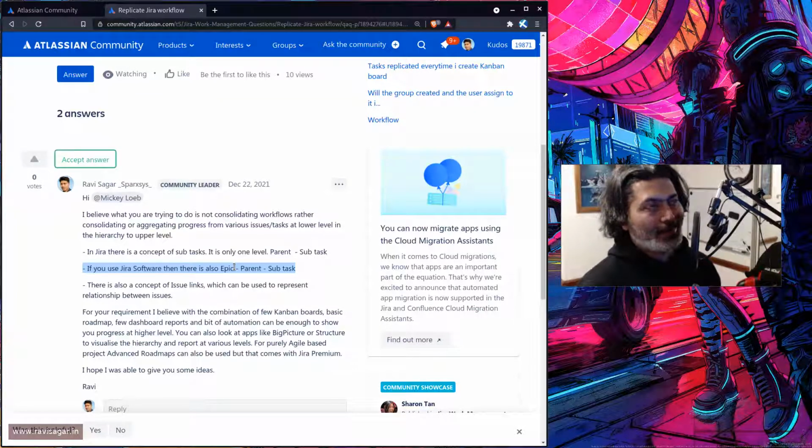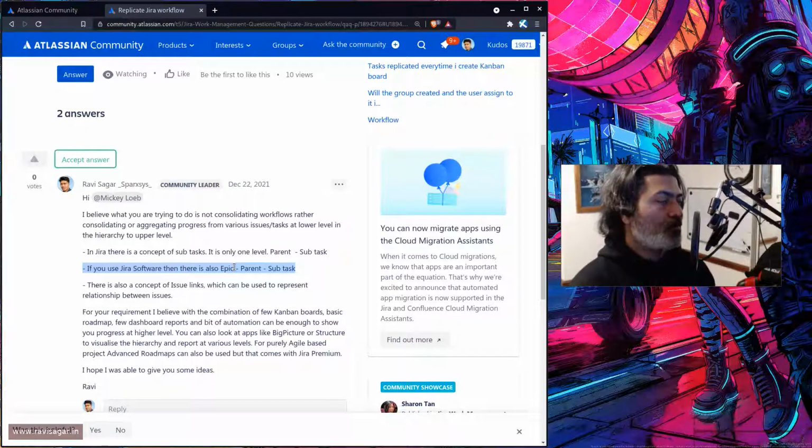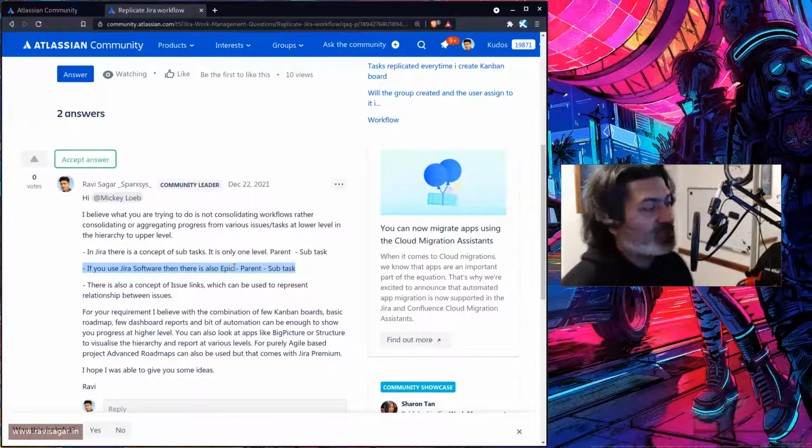So one issue can be dependent on another issue, one issue can be based on another issue, or they are just related. But issue links won't do anything on their own unless you use an app or maybe an automation. These issue links will let you go from one issue to another issue. They have type and they also have direction.